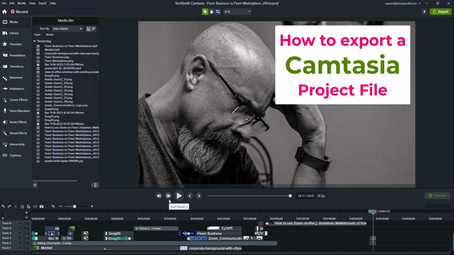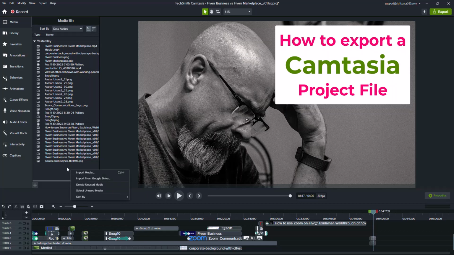The first thing you want to do is make sure that the file that you're going to send to somebody doesn't have extra files in here. Notice in this project I have a ton of different files. Not sure if they're all on the timeline or not. So before I send this to somebody and send them a really large file, what I want to do is